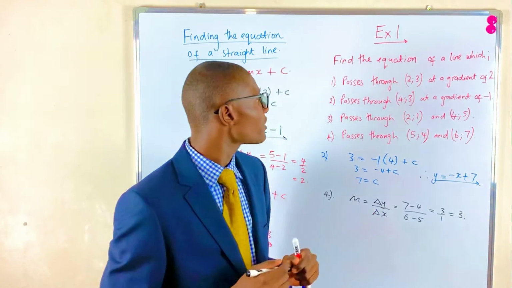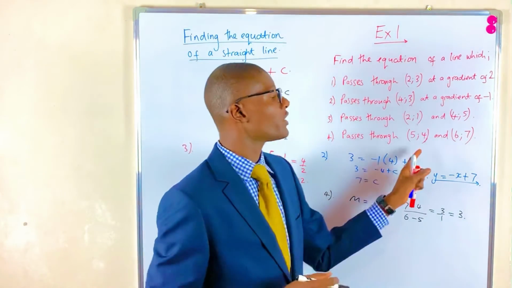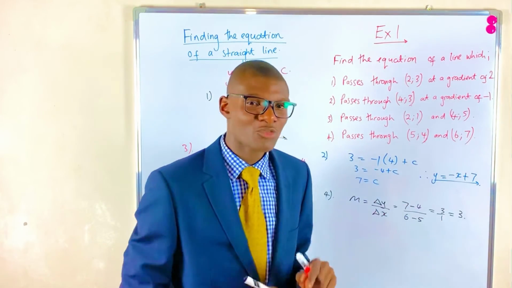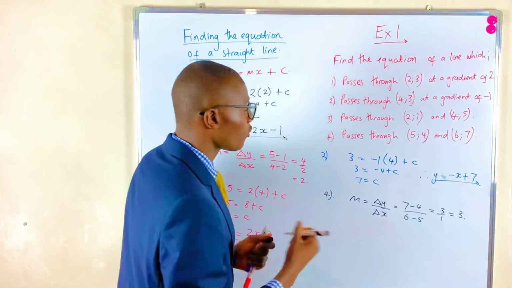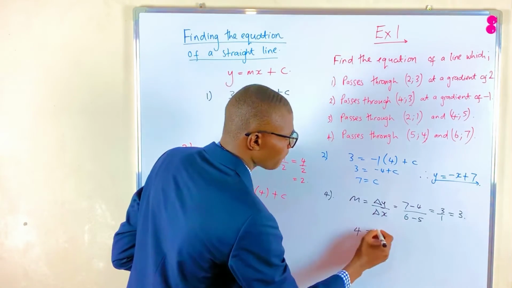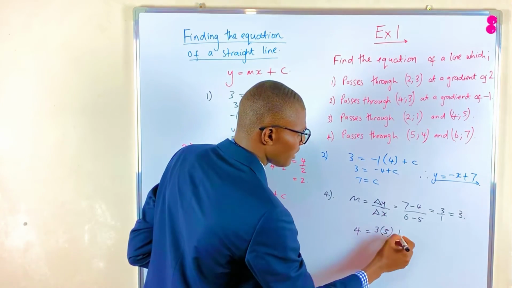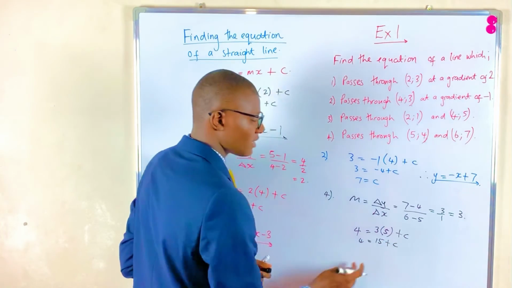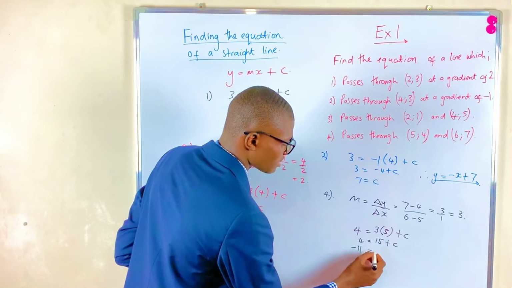And then now what we need to do is solve for c, which is the y-intercept. Now I'm going to use the first point, but I want you to try using the second point and see if we get the same answer for c. So using the first point, (5, 4), we're saying y, which is 4, is equal to m, 3, times x, 5, then plus c. 4 is equal to 15 plus c. And then taking 15 to the left hand side, we've got 4 minus 15, which is minus 11,